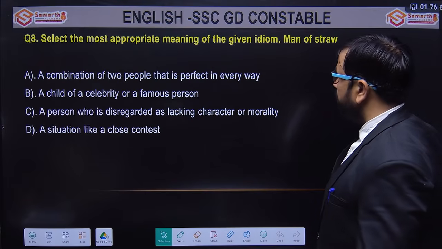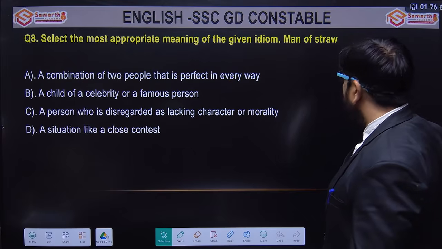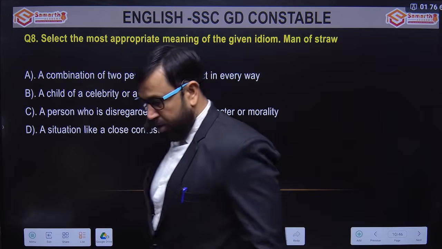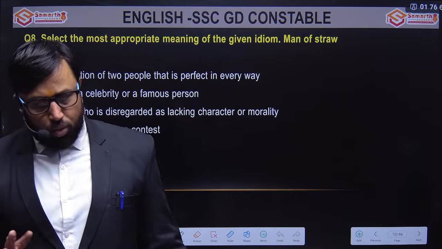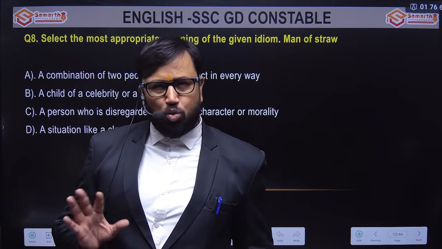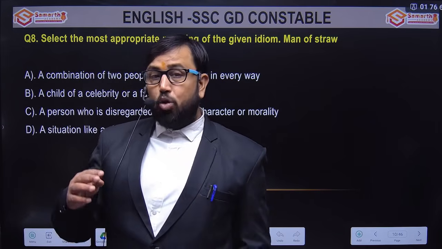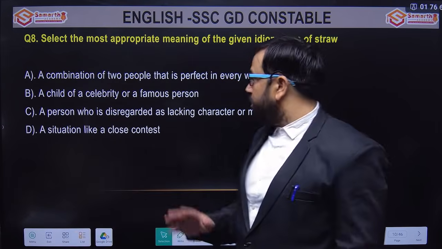Again, select the most appropriate meaning of the given idiom. Now, idiom is given. Idiom is man of straw. I'll tell you two idioms that are used on there. एक होता man of straw, एक होता man of principles. So man of principle is quite commonly understood कि वो वाला बंदा जिसे असूलां दा पक्का है. तो man of straw the opposite होता है, ठीक है, who has no fixed principle.